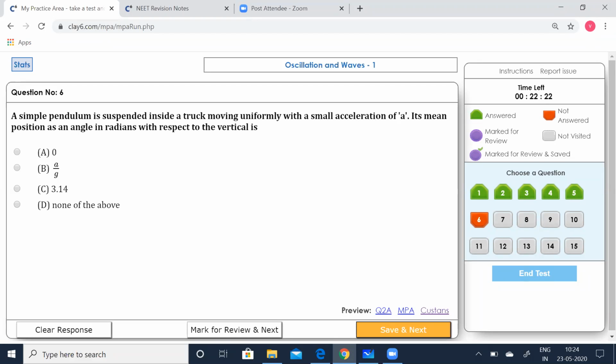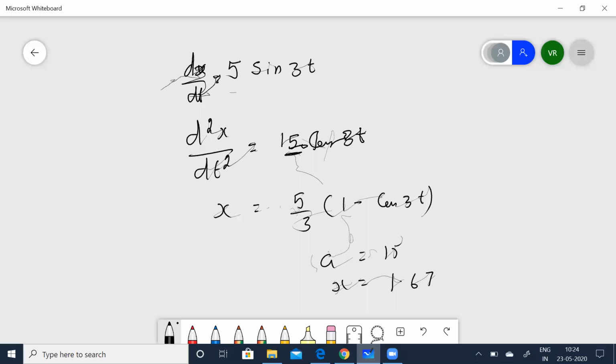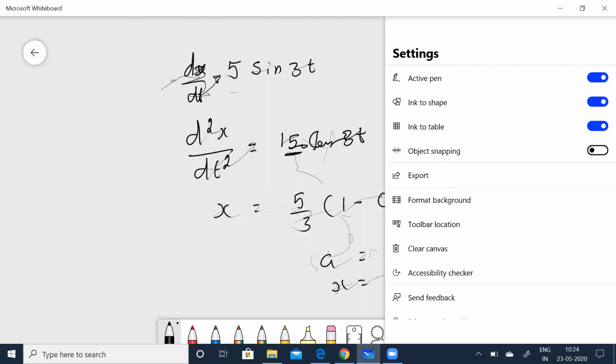The vertical acceleration is due to the acceleration due to gravity, that is 9.81 meters per second squared, and the inertial acceleration is opposite to the motion of the truck. All right. So I can quickly put it like, if this is the ball, these are the two components, and the pendulum takes a mean position such that